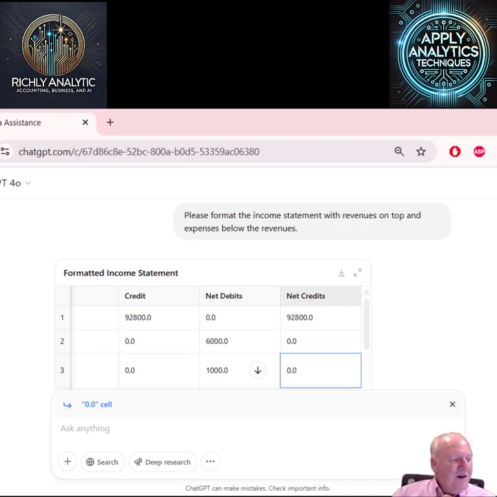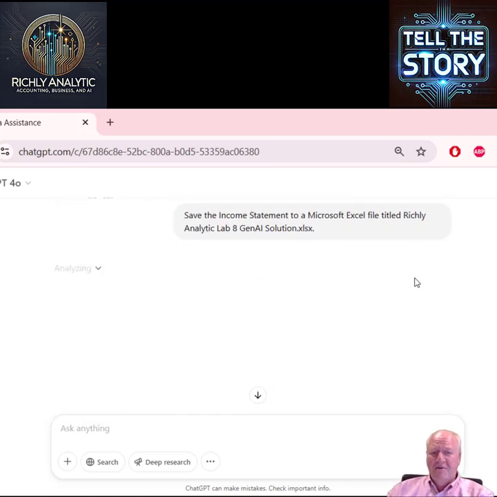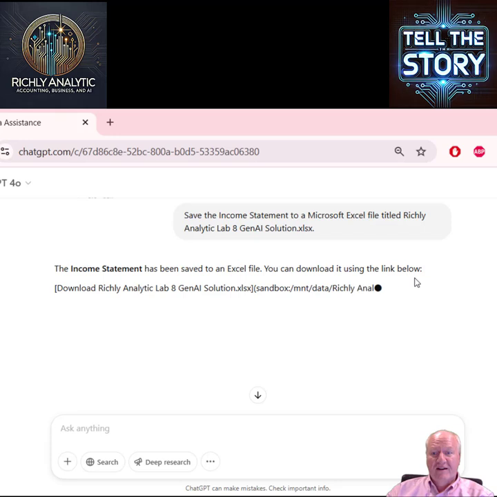And maybe I just want to take this and output it into Excel, where I could work on it a little bit more. So I'm going to tell it to save it to an Excel file, and specifically give the name of that Excel file. And then I can go format it a little bit further, or I could just ask for the further formatting. Now, every once in a while it does this.